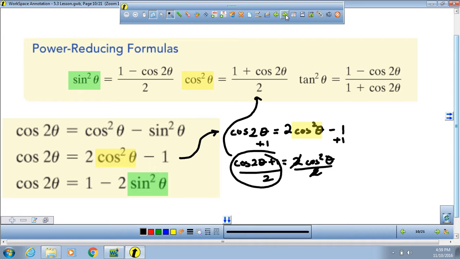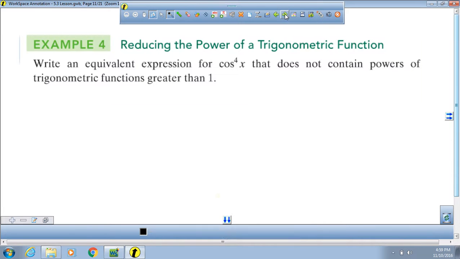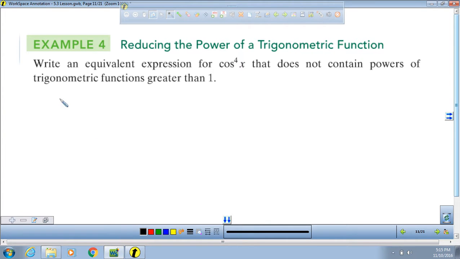Alright, so let's go ahead and utilize these formulas. I want you to write an equivalent expression for cosine to the 4th power of x that does not contain any power. In other words, that has linear powers. The first thing that we know is that for cosine to the 4th of x, the formula that we have